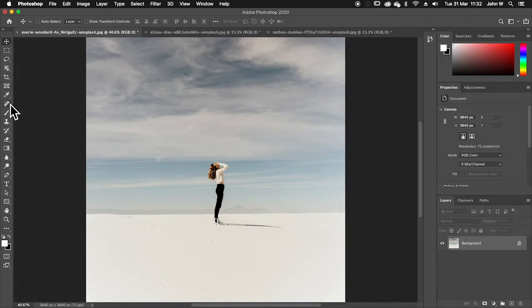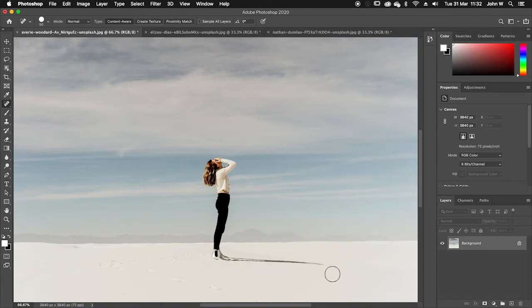I'm going to go over here to my spot heal brush tool, and if I start down here on the shadow, I can remove the shadow just by painting along there, and it's going to spot heal, so use the content around there to remove it. If I've got a slightly larger area, I could do it bit by bit with the spot heal brush tool, like that. But I might find it's a little bit easier if I click and hold down and go to